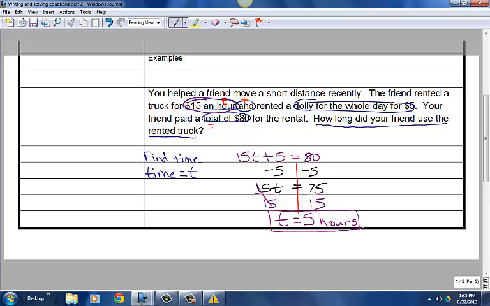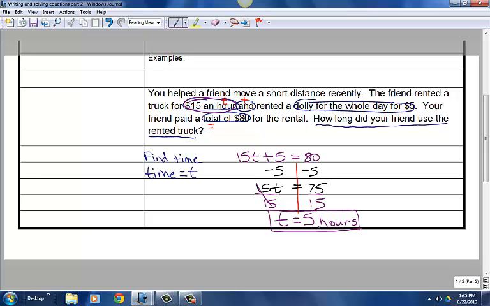V is verify your answer. Is it reasonable? So 5 hours. Would it be reasonable to rent a truck for 5 hours for moving a short distance? I say yes, it is. That does make sense. If I had gotten an answer like 592 hours, I might need to reconsider my math process,